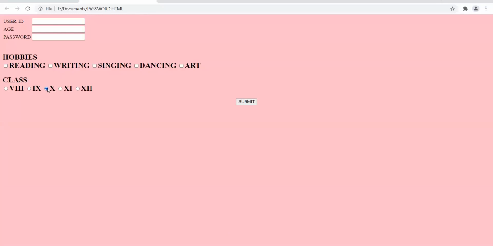When I select 10th class, the radio button of 9th gets deactivated. Try to see carefully. I can only select one class, either 8th, either 9th, either 10th, either 11th, either 12th. But I can select multiple hobbies. But only one radio button.